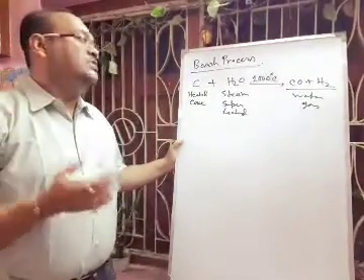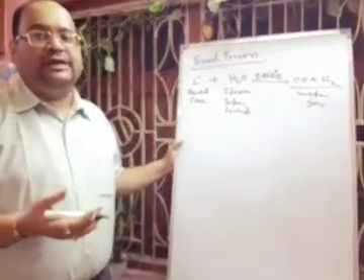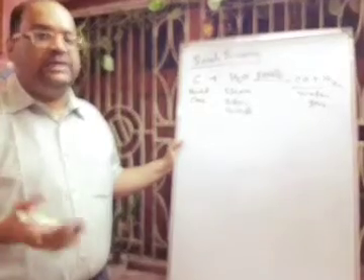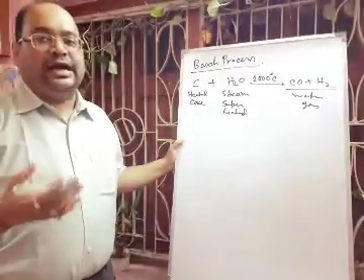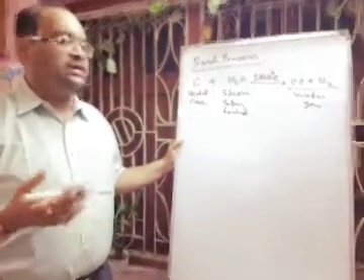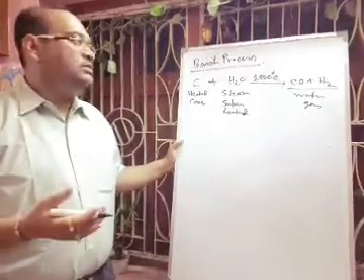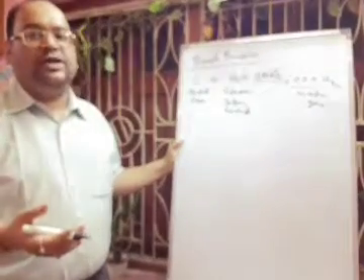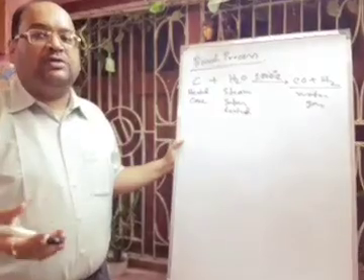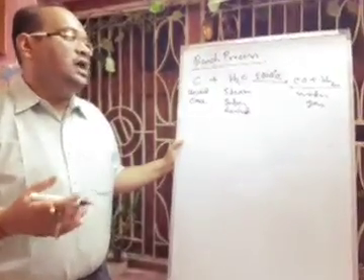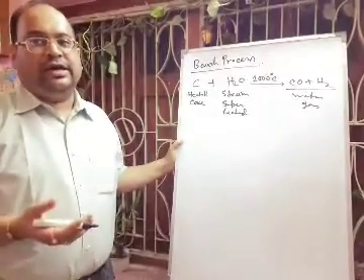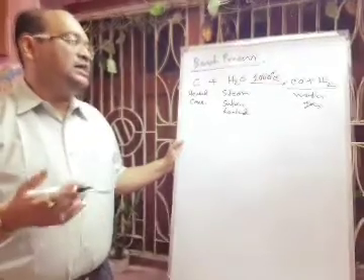Next, this water gas you have to heat around 500 degrees centigrade with steam, and we have to take the catalyst, that is Fe2O3, ferric oxide, and one promoter, chromium oxide, Cr2O3. As a result, carbon monoxide will be converted to carbon dioxide gas. This reaction is called the water gas shift reaction.